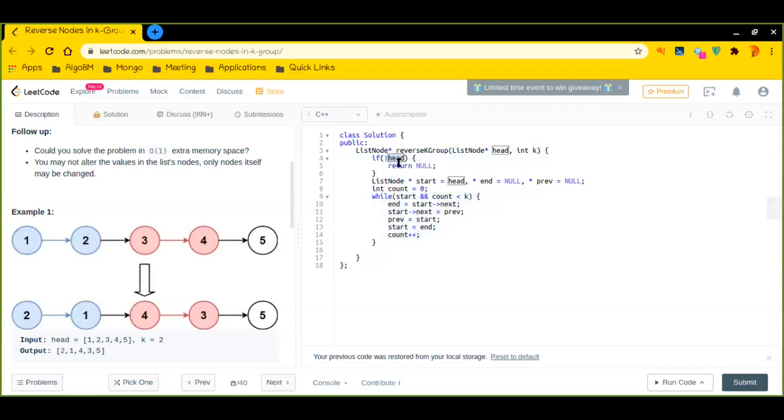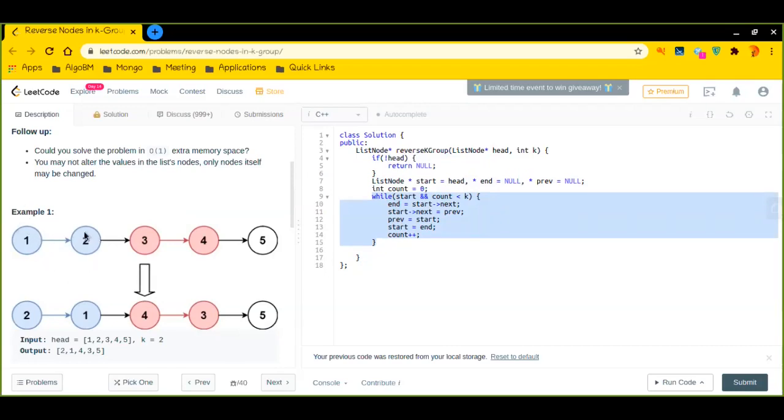So initially we had a list, we had a head pointer which was pointing to this one, right? As you can see, this particular head pointer is now assigned to this particular start, right? So we have manipulated the start pointer. We have updated the start pointer. So we haven't touched the head pointer yet, right?